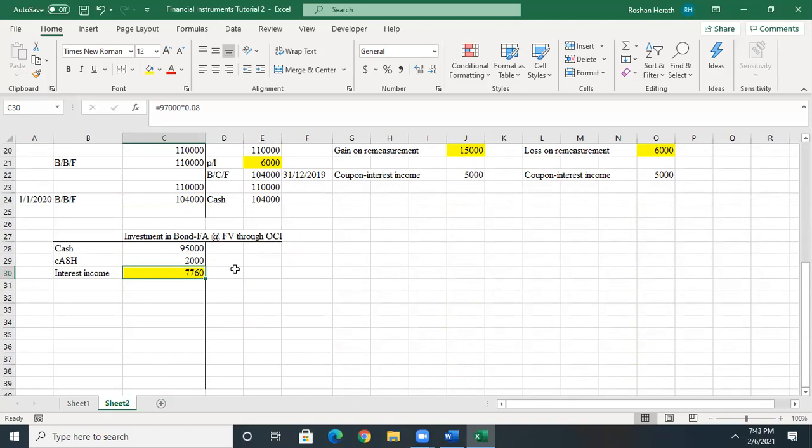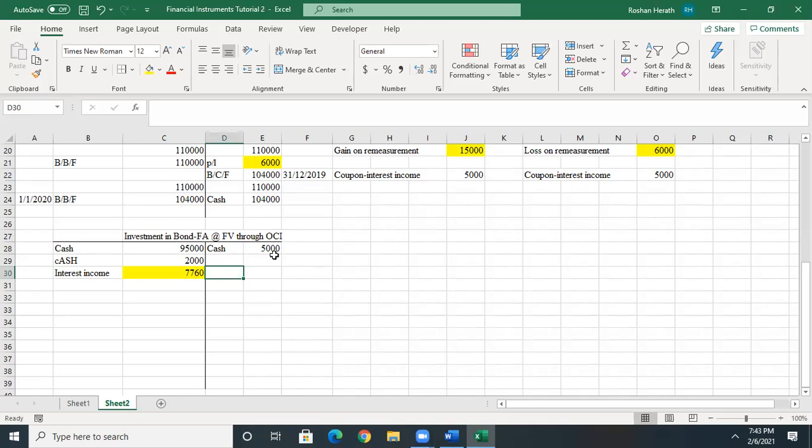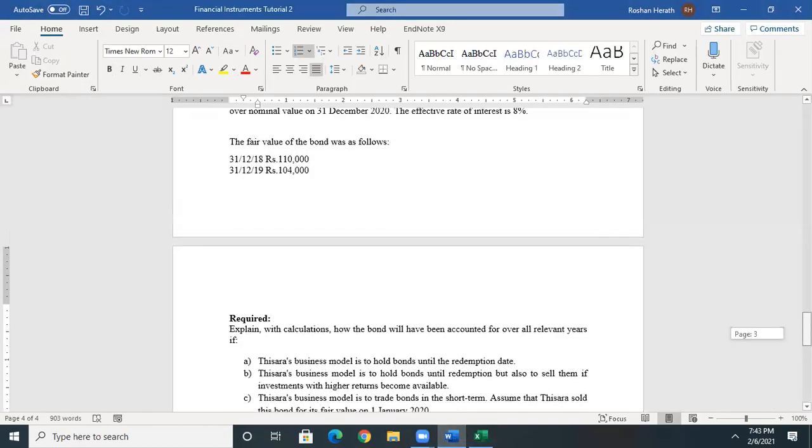So if it is at amortized cost, then what you did, you take the coupon cash: 100,000 multiplied by 5%. That is your coupon. Then what you do, as I told you, since you are taking some part of this, you think of selling them. So therefore, it is other comprehensive income. You need to remeasure this at fair value. At the end of the period, remeasure them at fair value. So what is that value? It's